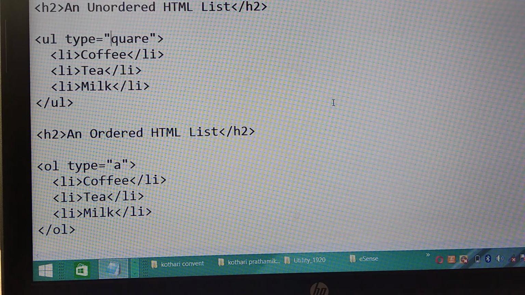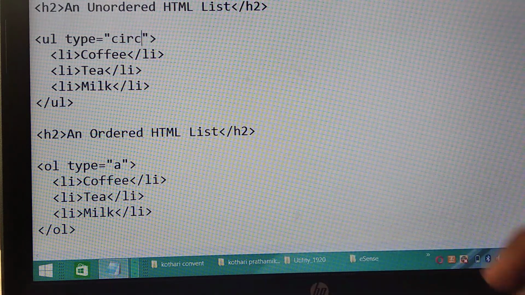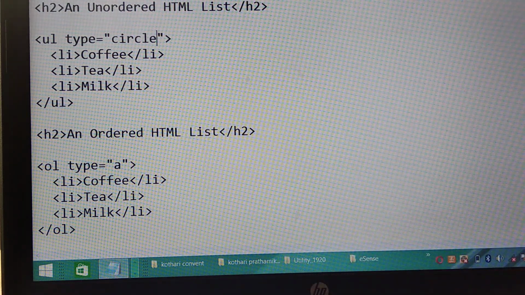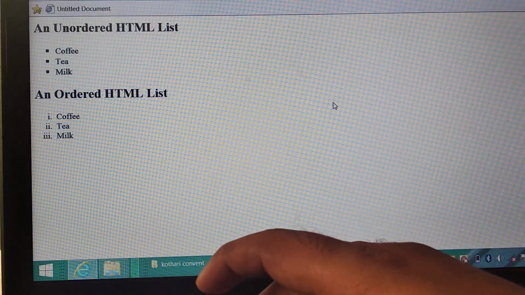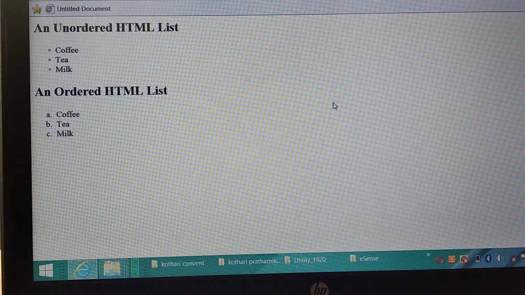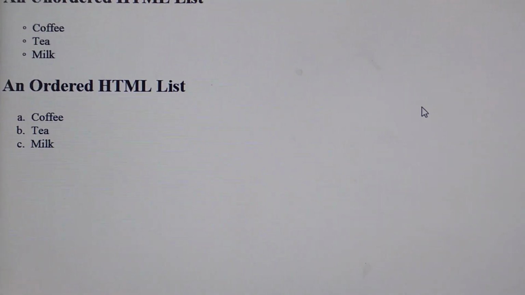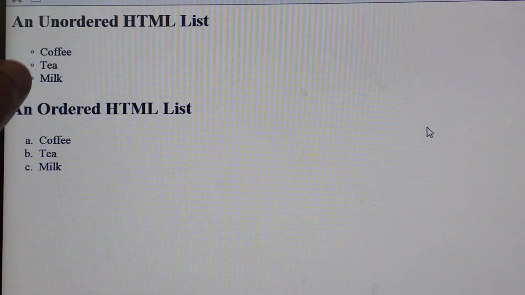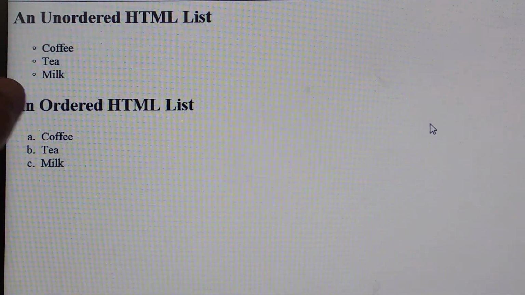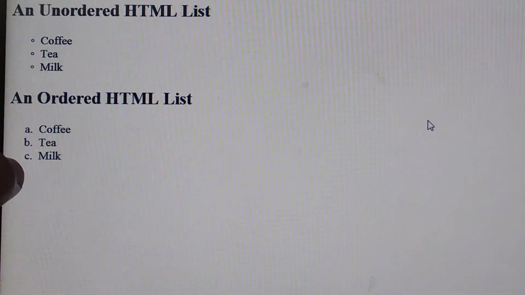What will happen, we will see. And then save, and it will show what changes were made in the input part, directly showing the hollow circle here, and ABC small letters will be displayed in the list.